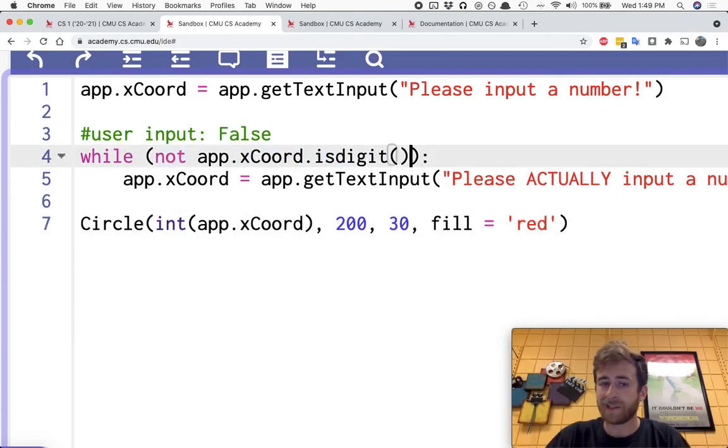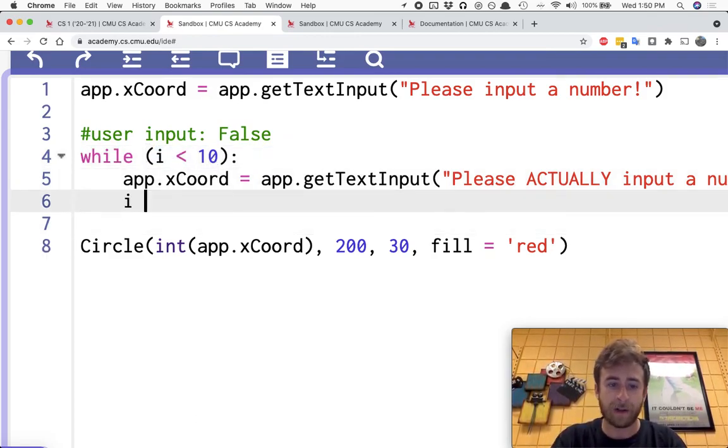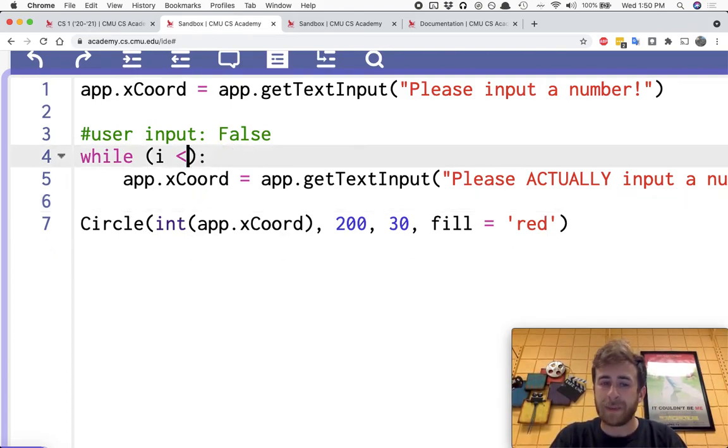So yeah, that's a little introduction to while loops for you. Big thing to pay attention to is if you're doing a counting while loop, you have to make sure that you are changing the variable you're checking every time. So for example, we had at the beginning, i is less than 10. You have to make sure inside of your while that you do something to the i so that you'll end up leaving the loop. But ultimately, I do think for loops are kind of your best bet,